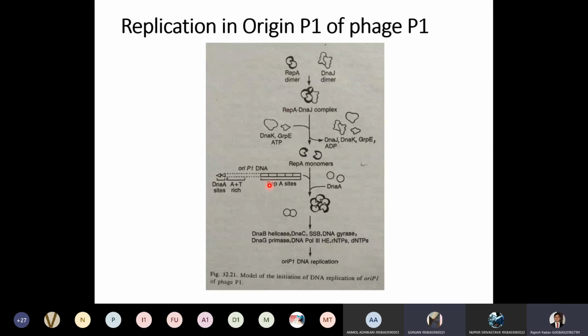और जो DNA B प्रोटीन होती थी, that allows the opening of hydrogen bonds and allows the breaking of hydrogen bonds. तो उसमें ये प्रोसेस था सर। इसमें फिर वही प्रोटीन आए थे DNA B और DNA C। उसके बाद SSB प्रोटीन आती थी सर।